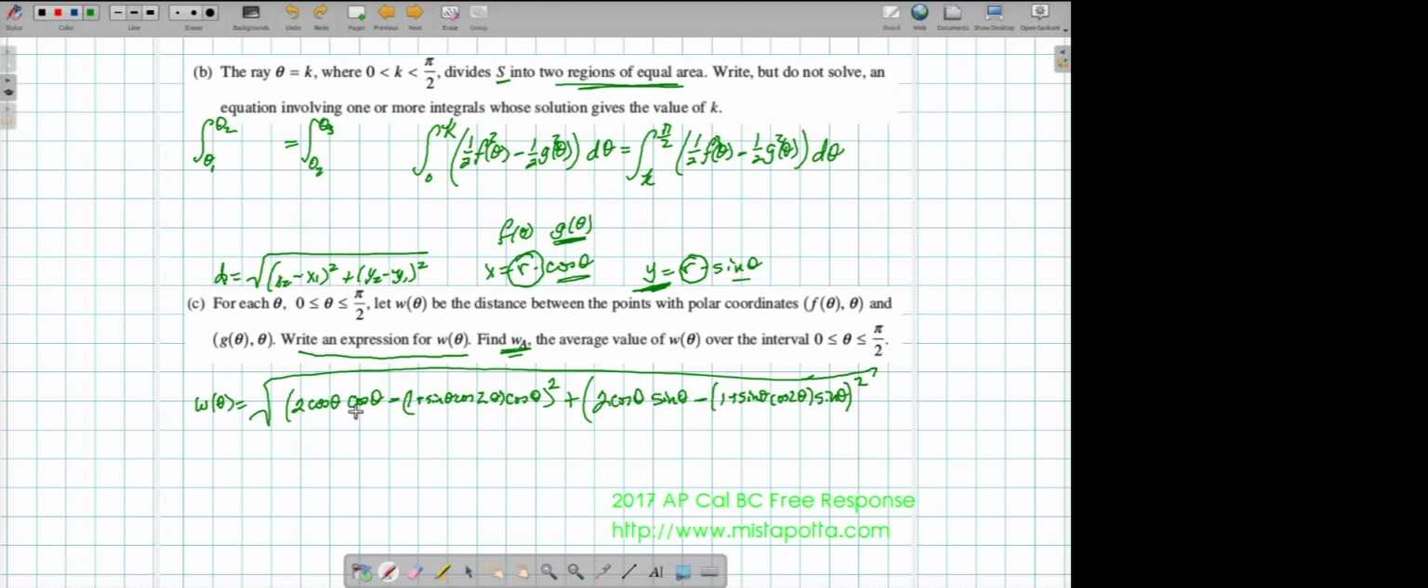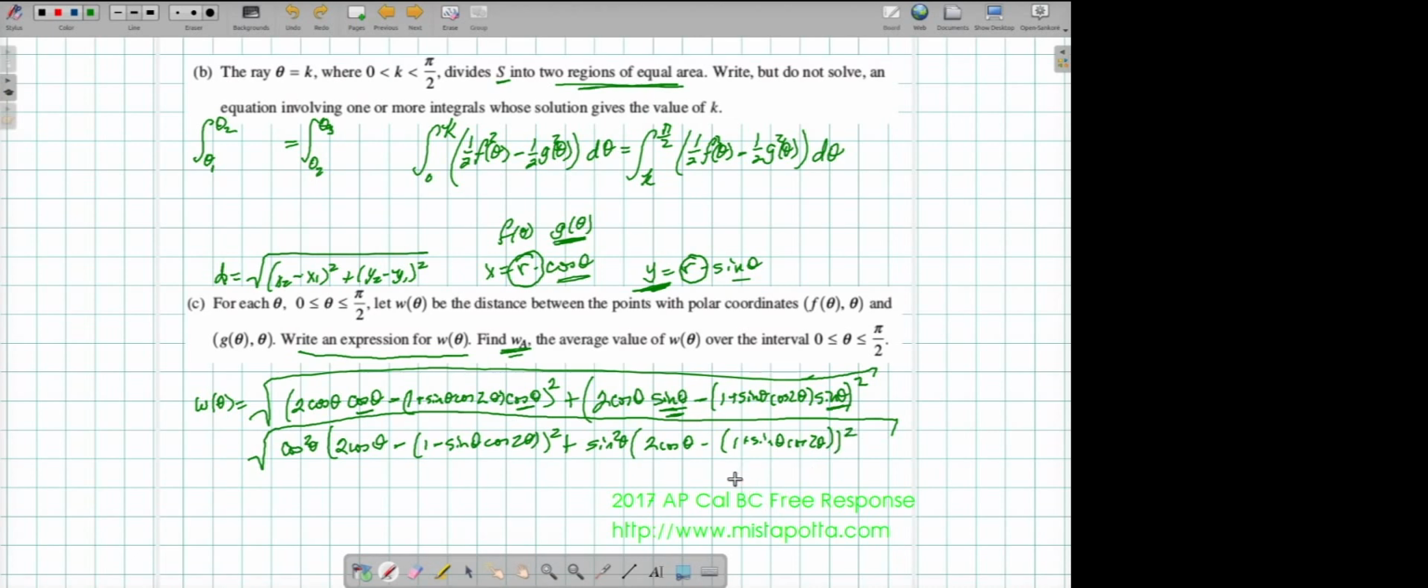And the thing I notice is that I do have a cosine on each of these terms, which I could factor out as cosine squared theta, because this is squared. And then I'm going to have 2 cosine theta minus the expression 1 minus sine theta cosine 2 theta, and that's squared. Plus, keep in mind all of this is under a radical. I could do the same thing here with my sines. I could factor that out, so that would be sine squared theta. And when I do, I end up with 2 cosine theta minus the expression 1 plus sine theta cosine 2 theta